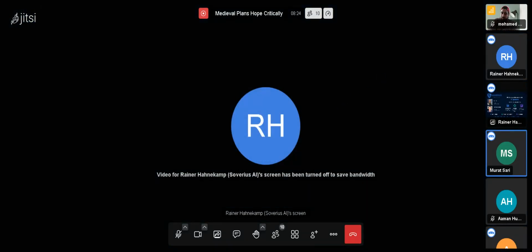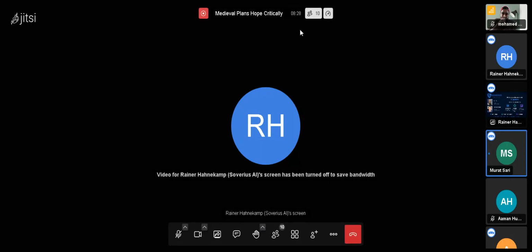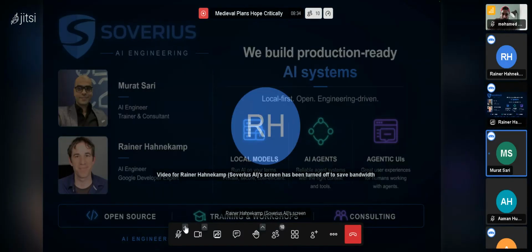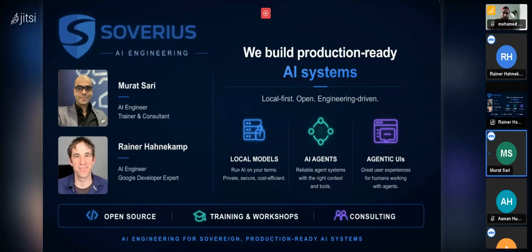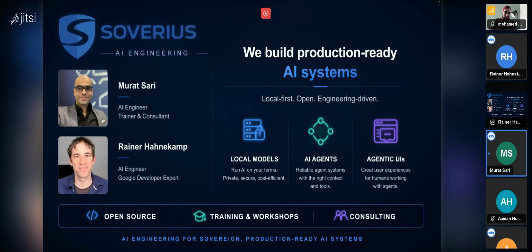In recent weeks, we got promoted to the maintainers of the CopilotKit Angular part. There are also some great blog articles on our blog about this. You can read it and try it. We're doing open source development, training and workshops in that area, as well as consulting and implementation work if needed.